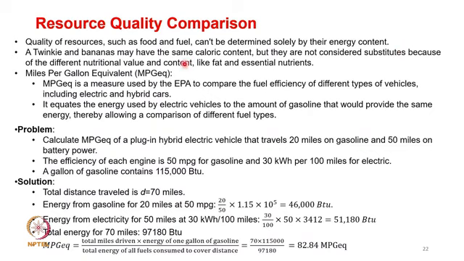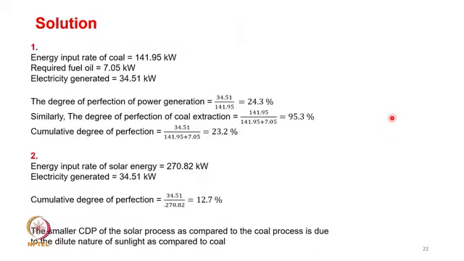One is of course to convert everything to miles per gallon equivalents, which is MPGe. Miles per gallon equivalent is a measure used by the Environmental Protection Agency to compare the fuel efficiency of different types of vehicles, including electric cars and hybrid cars. How do we compute the miles per gallon equivalent? It equates the energy used by the electric vehicle to the amount of gasoline that would provide the same energy, thereby allowing the comparison of different fuels. So for instance,